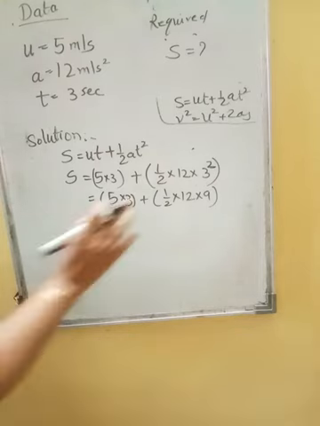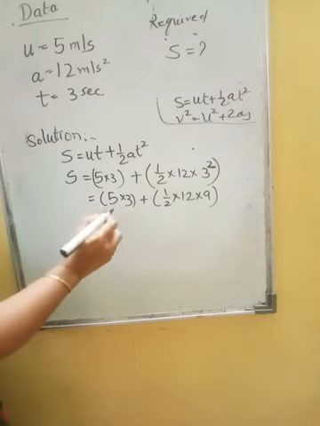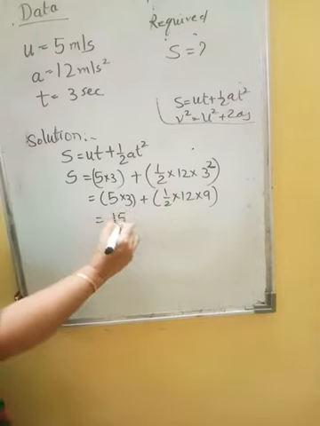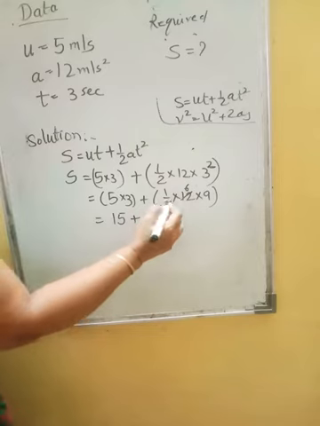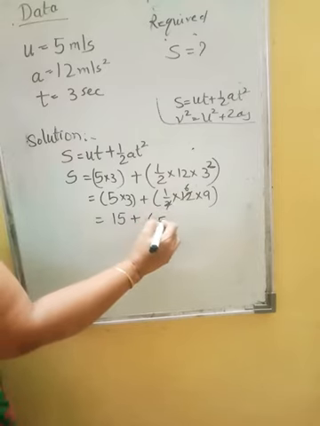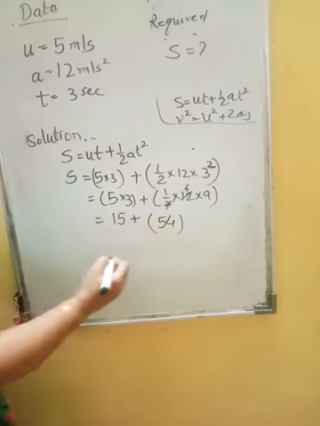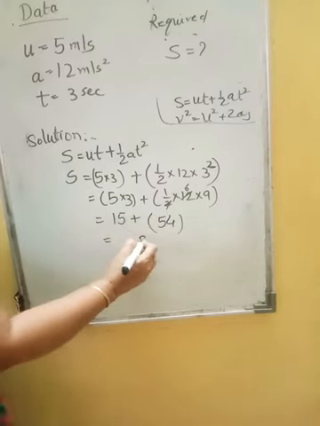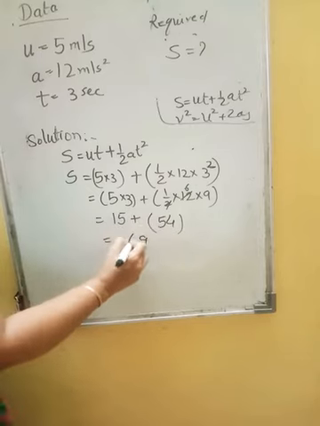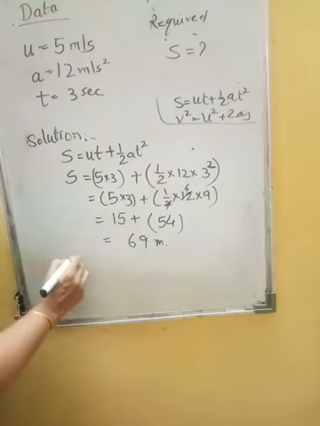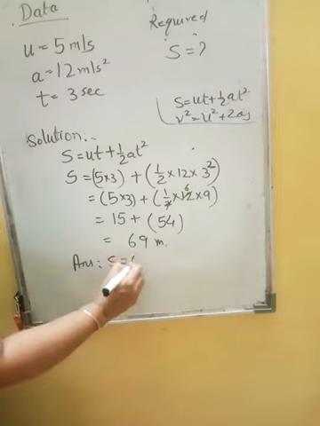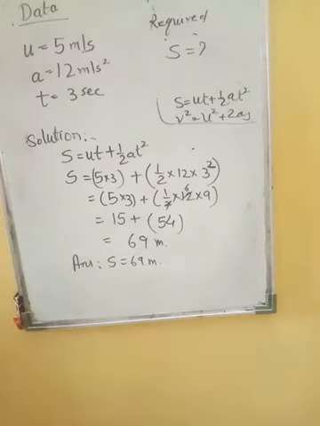So now it is free from the exponential part. Now you do the possible things. So 5 3s are 15 plus. Now here inside I can do the cancellation because all multiplication signs are there. So 9 6s are 54. So you have 5 plus 4 is 9, 5 plus 1 is 6, and then meter because all the things are in meters. Correct? So the answer is S is equal to 69 meter. So this is how you are going to complete the sum. Write it down.